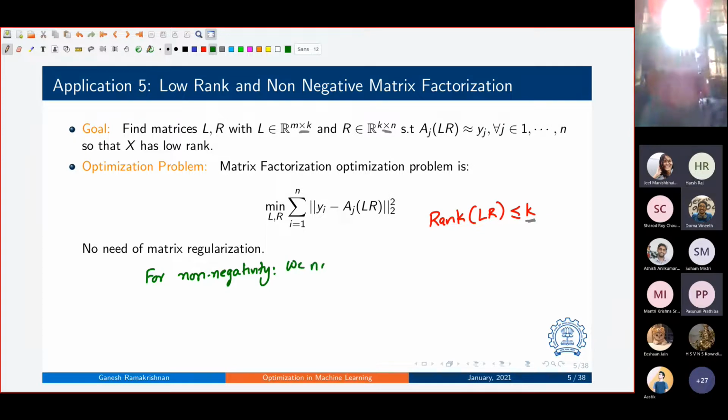Sir, suppose I take a matrix L dash where the value can be negative, but the relation between L and L dash will be that each element of L will be the square of the element in the L dash, and we can use that to minimize this expression. Okay, so sum of the squares of the elements in L dash. No, sir, I was saying that each element in L will be the square of the corresponding element in L dash.